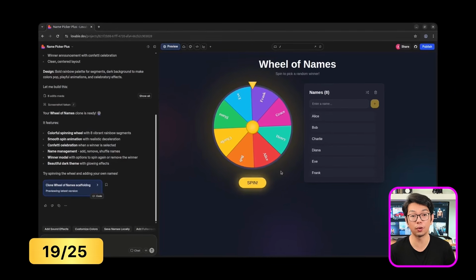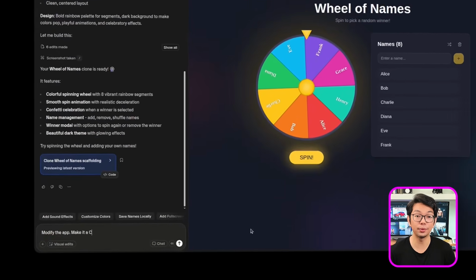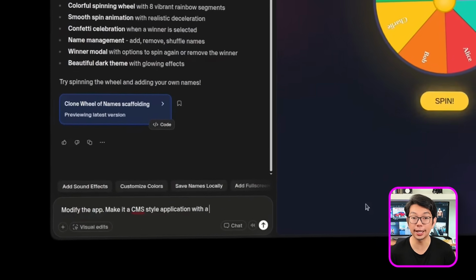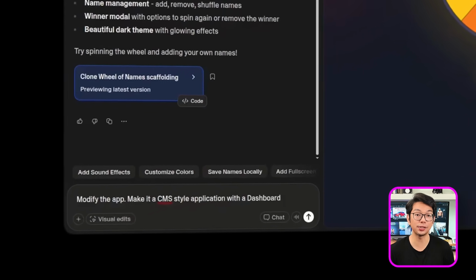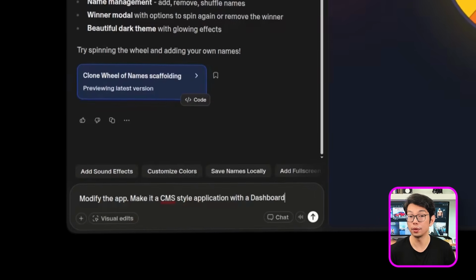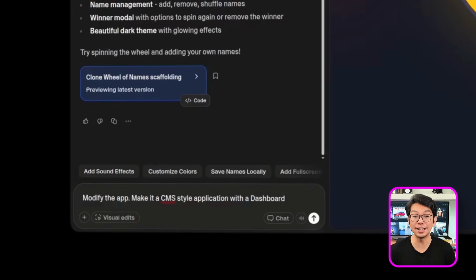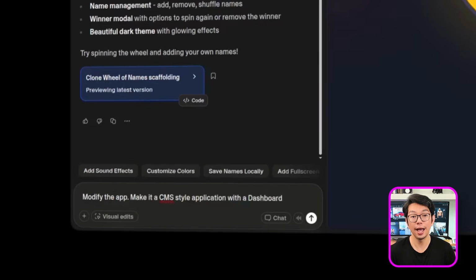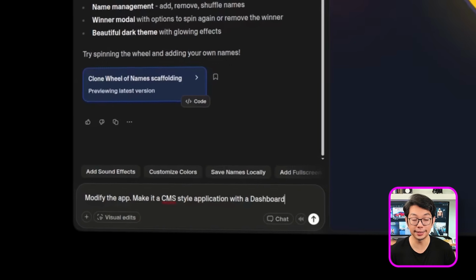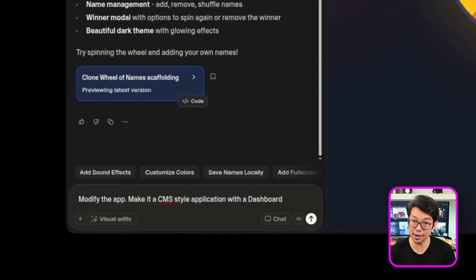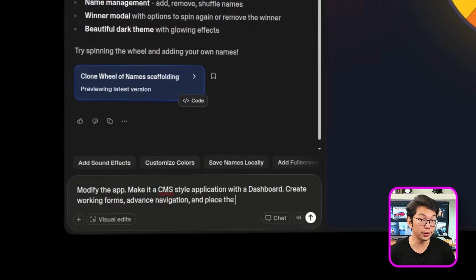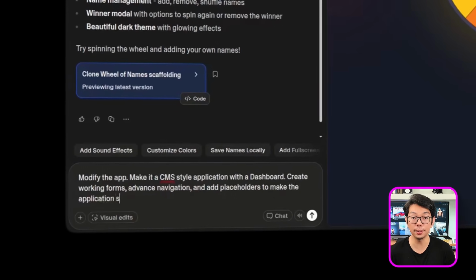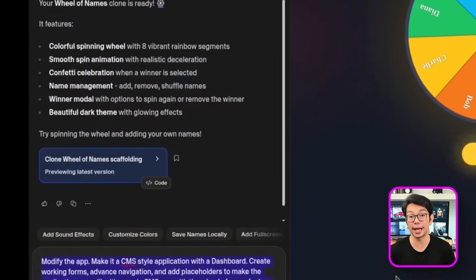Strong results overall, but not quite pixel perfect without extra effort. For functionality, Lovable handles the basics really well. It can turn a simple site into a CMS-style app with working forms, navigation, authentication, and responsive layouts that adapt across different screen sizes. And you can see this clearly once the Wheel of Names app is rebuilt as a